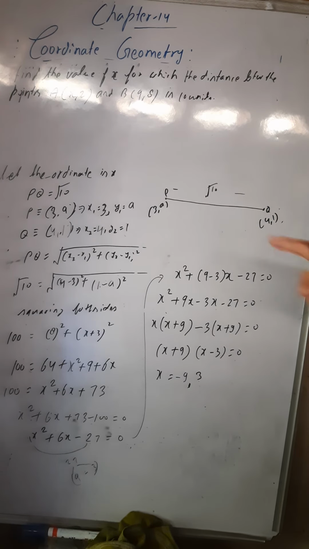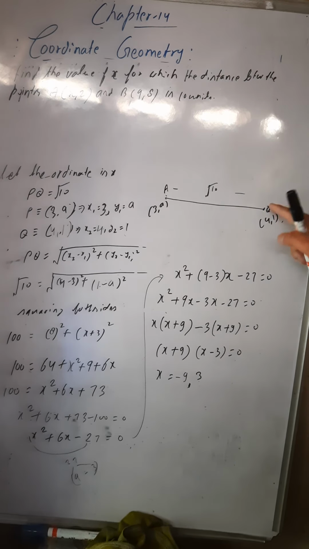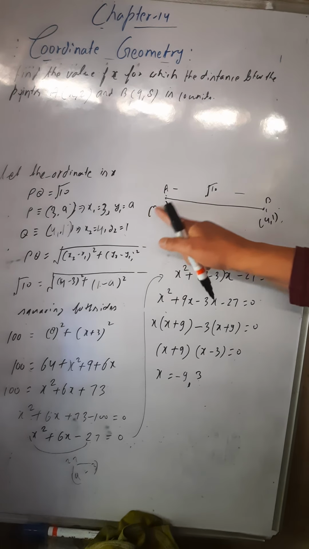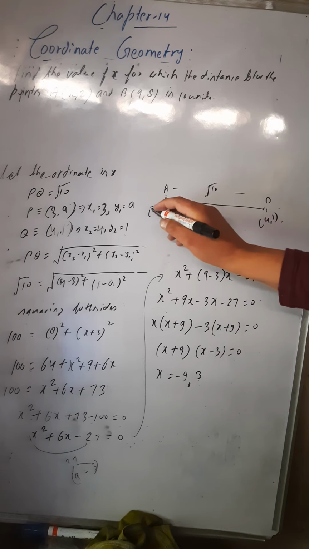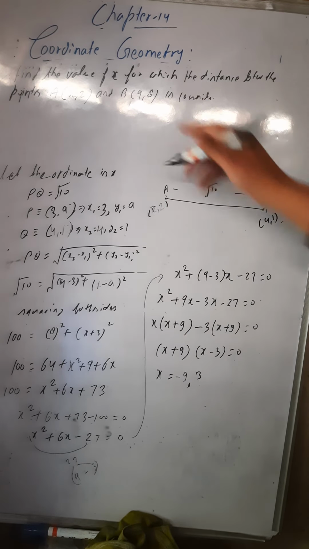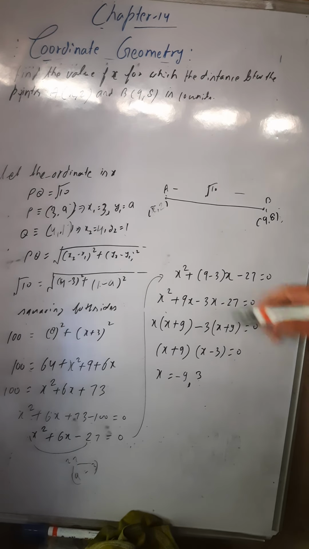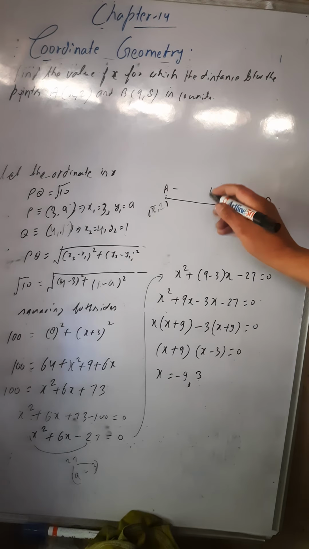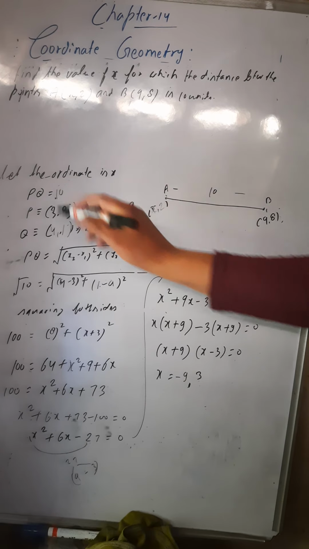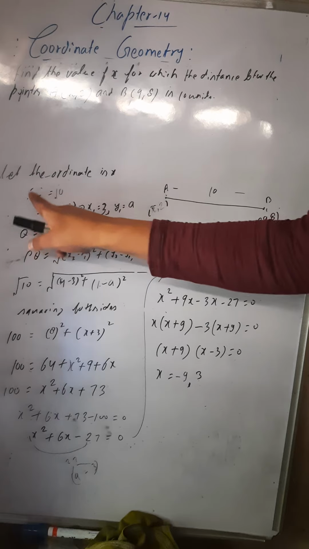Okay. Now you have been given 2 points, A and B, not P and Q. This point is A, this point is B, and the coordinates of point A are x comma 2. In place of this you have to write x comma 2. Getting this? In place of B you have to write 9 comma 8. And this distance has been given here as 10 again. Okay. So in place of PQ it is 10, not under root 10 now. So in place of PQ right now it is AB.